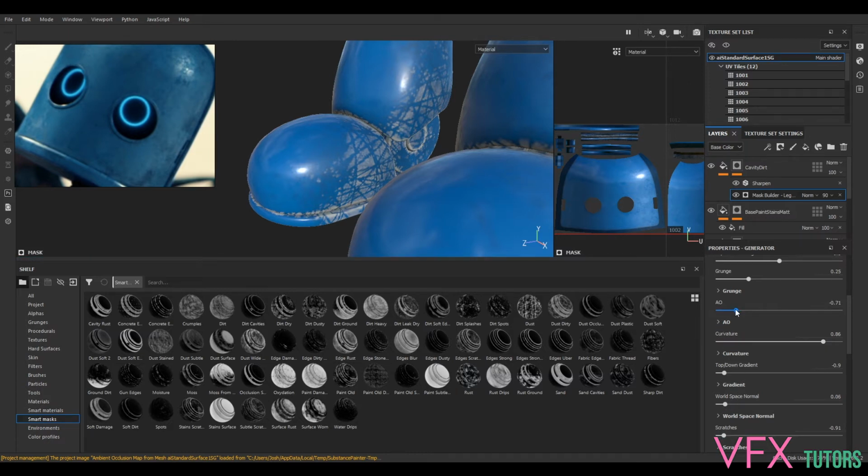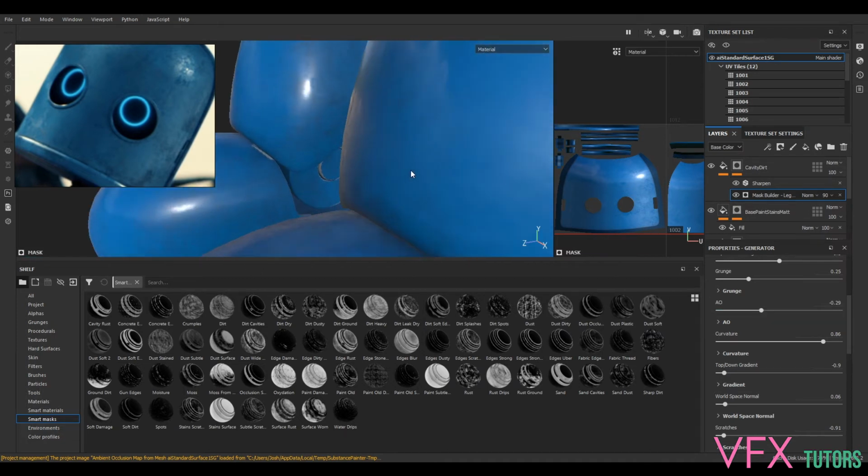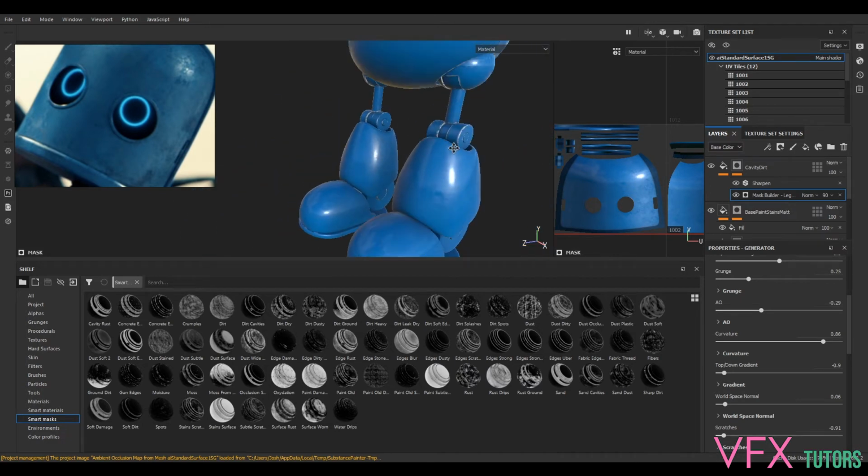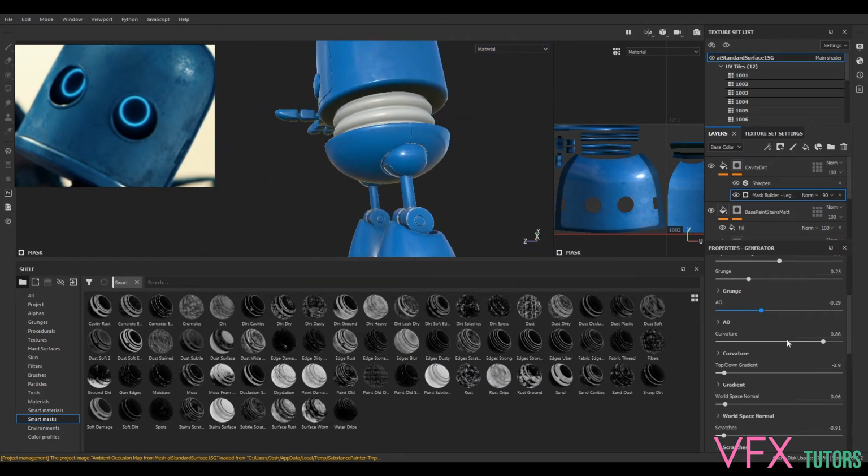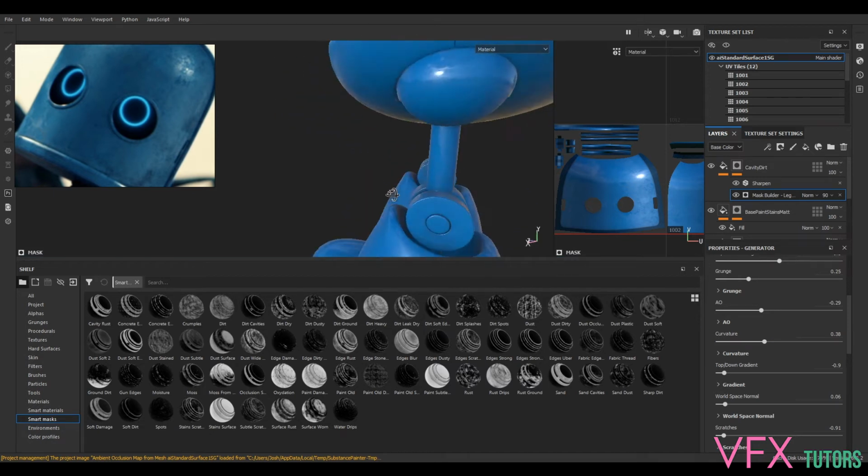And that'll be our ambient occlusion in here. So we've got quite a bit of edge wear. A little bit too much. I only really want